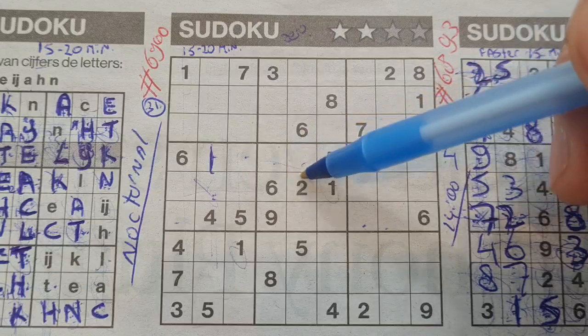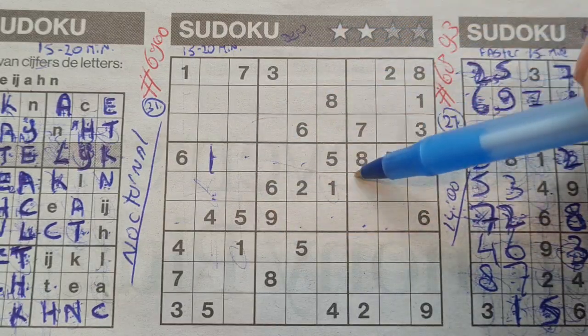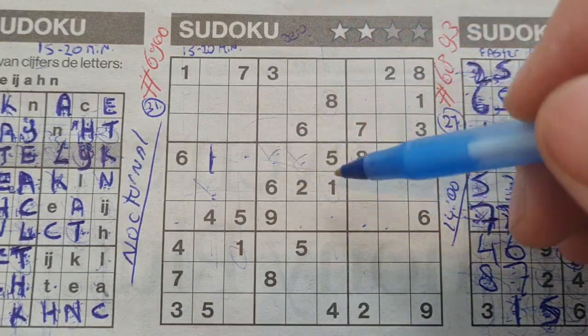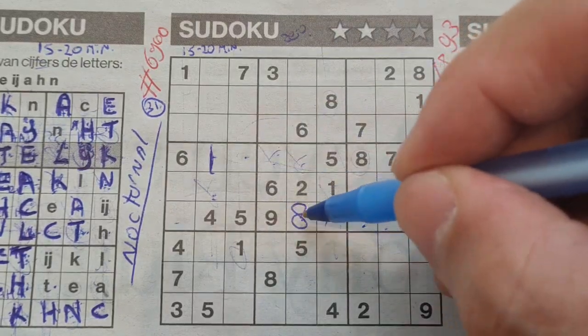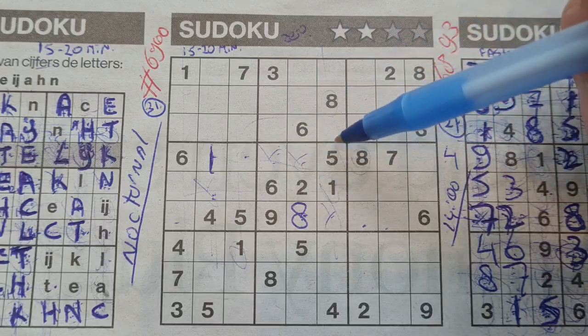1, 4 missing numbers in this big square. One of the missing numbers is an 8. We have 8 in this row, no 8 in these 2 boxes here, and 8 in this column, so no 8 in that box. So 1 box left for the 8 in this big square, should be down. 3,